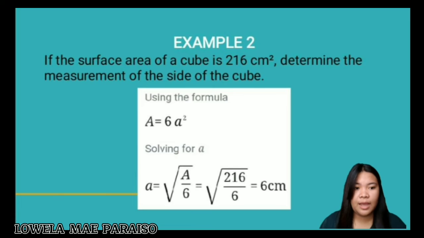Using the formula, A is equal to 6A squared. Solving for A is equal to 216 divided by 6 is equal to 6 centimeters. So that's the solution for